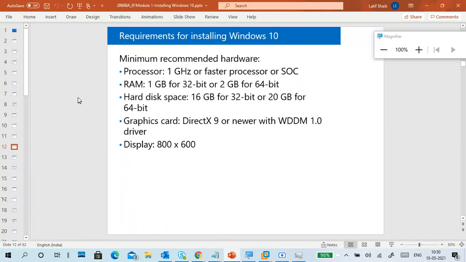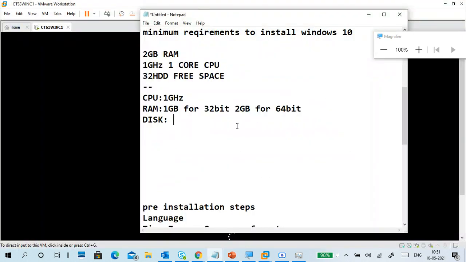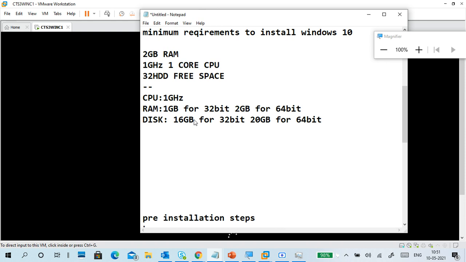So how much disk is it? 16 GB for 32 bit, 20 GB for 64 bit. That is the minimum. 16 GB for 32 bit, and sorry, 20 GB for 64 bit. Okay, and display.